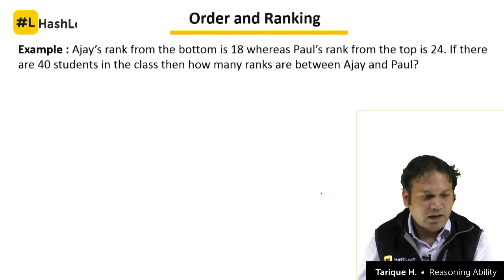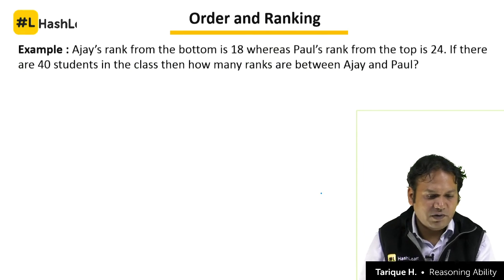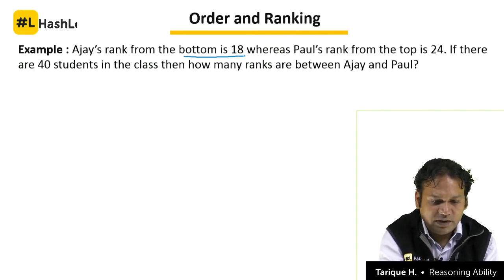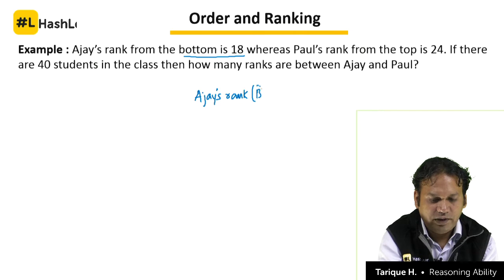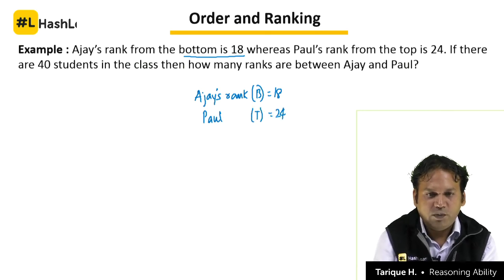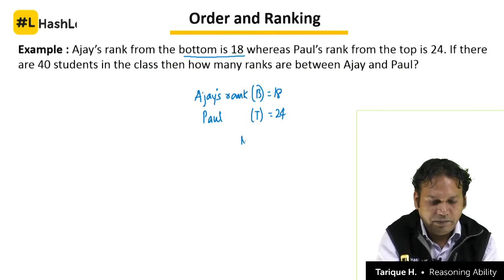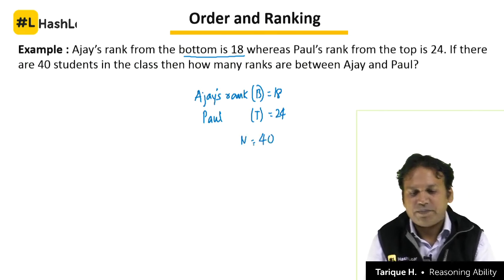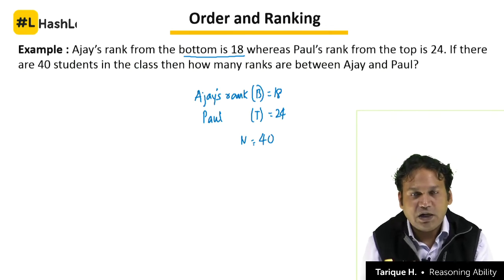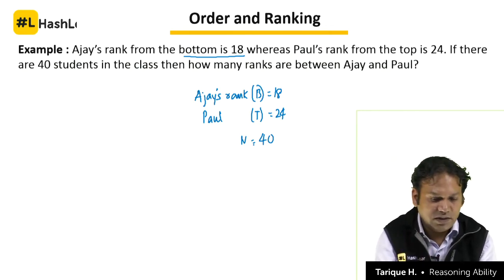Okay. Let's see the next question, very similar to the previous one. Ajay's rank from bottom is 18. So again see what is given to you. Ajay's rank from the bottom is 18, and Paul's rank from the top is 24, and what is given to us is that the number of students in the class is 40. So again just referring back to that particular case where we had two scenarios, this one comes under the